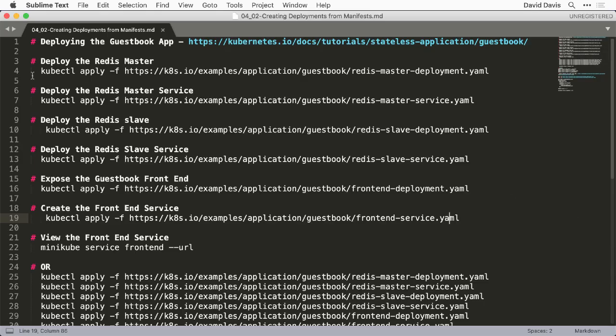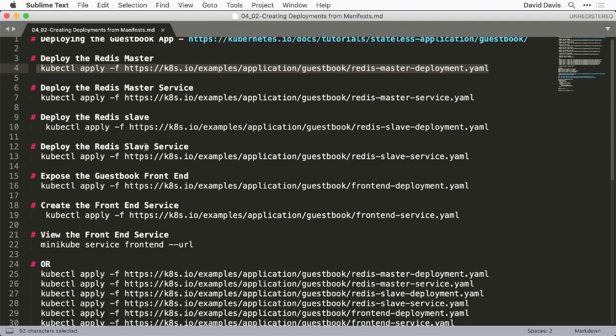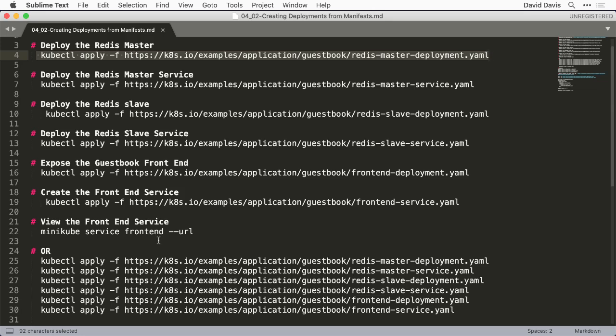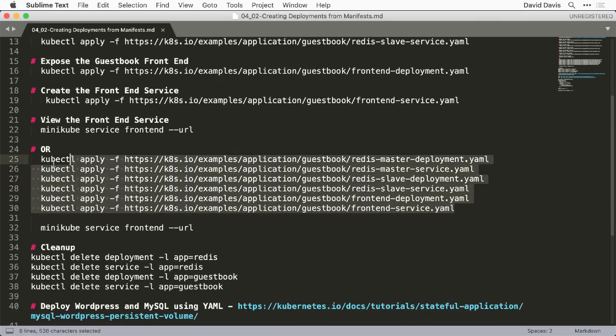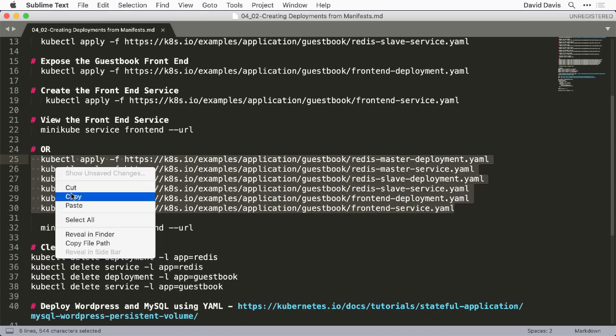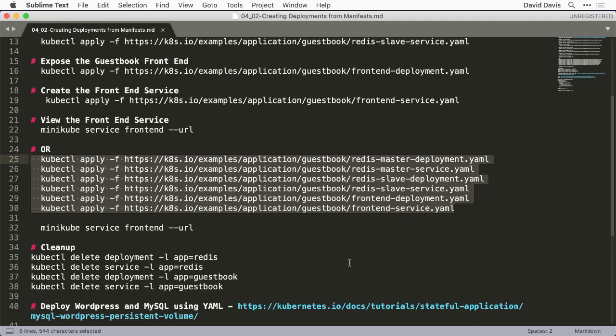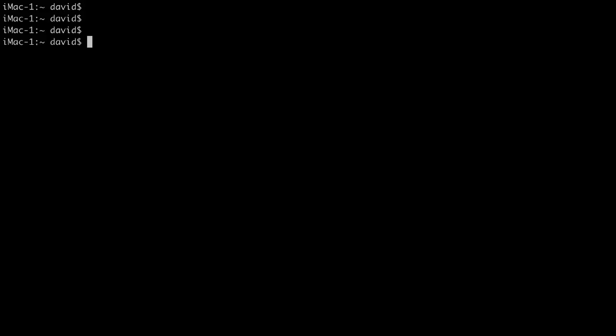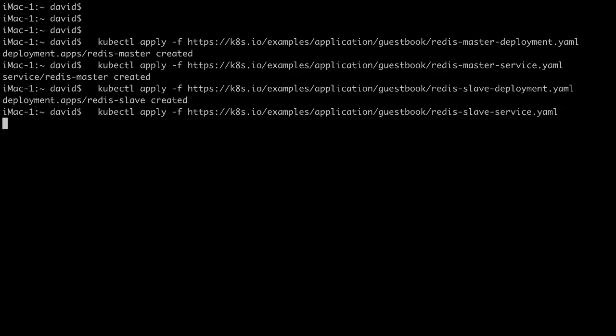So here's a list of the kubectl apply -f commands that they used with the specific URLs in the documentation to deploy each one of the different pieces: the Redis master, the master service, the Redis slave, the slave service, the guestbook front end, the guestbook front end service, and then finally to open up Minikube and access the URL. What we're going to do is just copy all of these commands and bring up this very complex application. So here at the command line, I'm just going to paste this in, and let's just give it a second